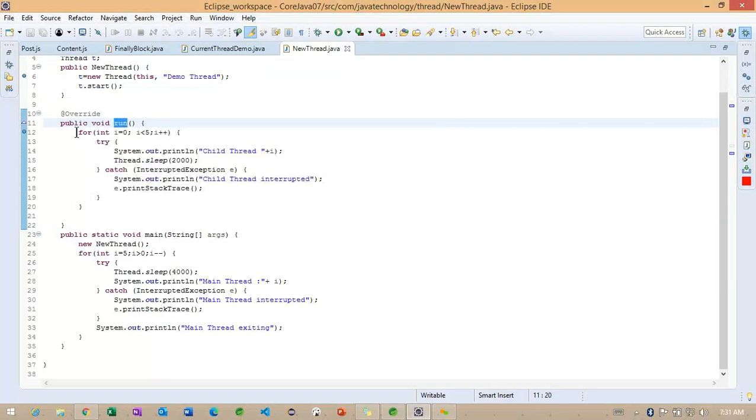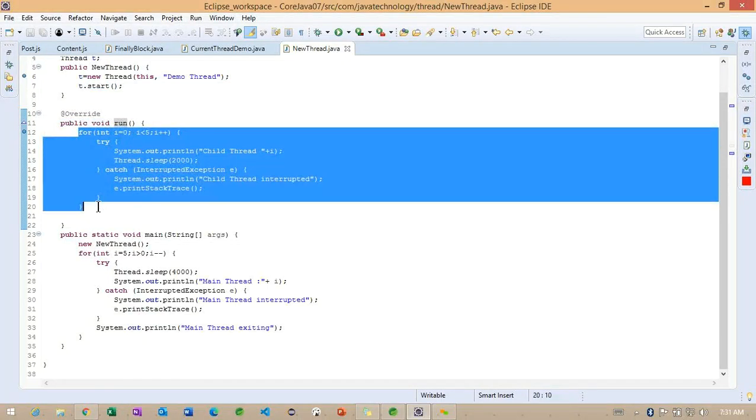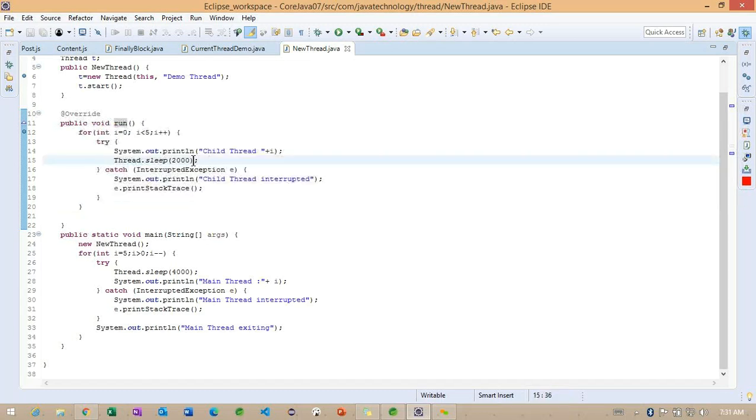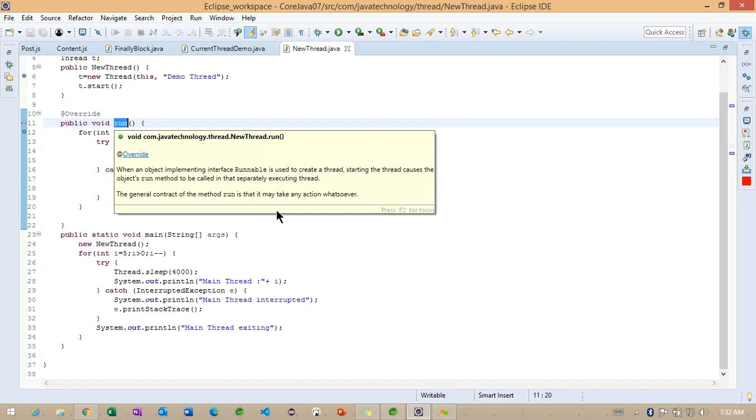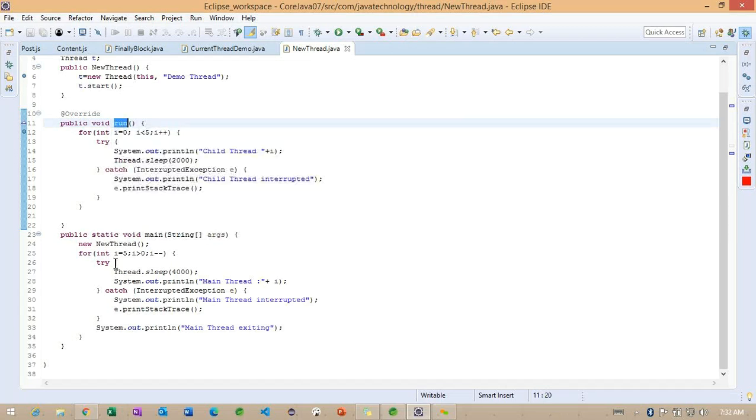The child thread is trying to execute this particular code, and here we specified some milliseconds of time to sleep the current thread. What happened here? Basically, one thread is trying to execute the run method, and along with it the main thread is also trying to execute the code.